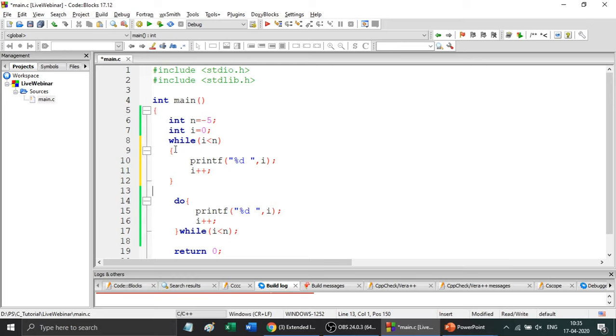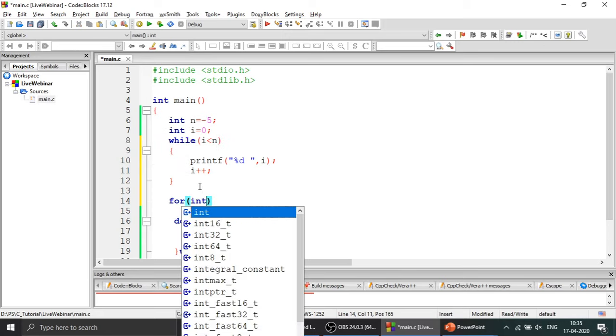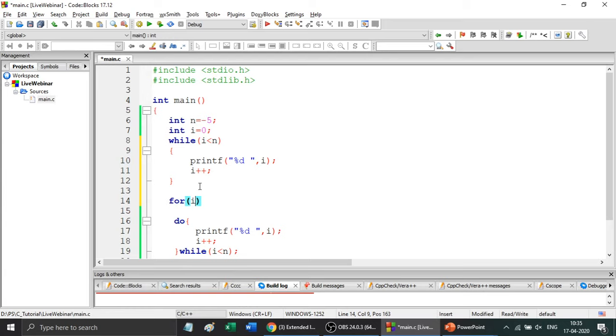As I said, there are 3 important parameters in each and every loop. Just the syntax is different for the for loop. It will execute similar to the while loop. I am typing a for loop here: for i equal to 0, i less than n, i plus plus, and then I am writing some statement here.